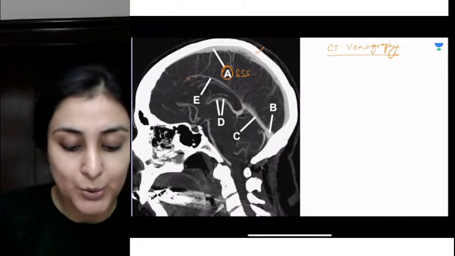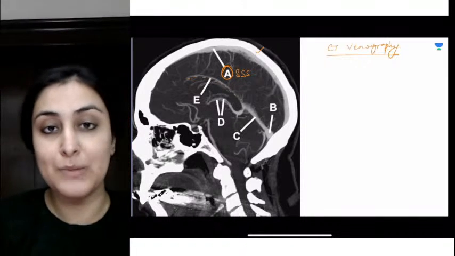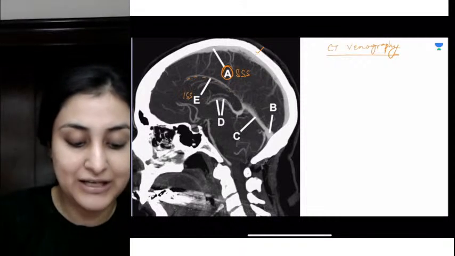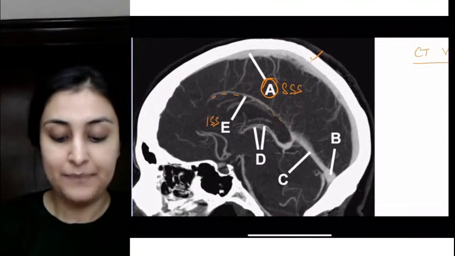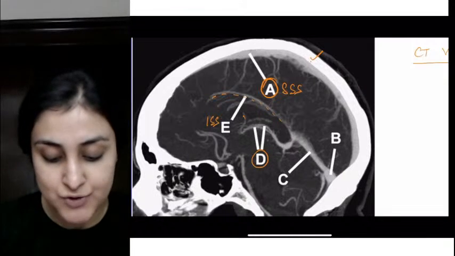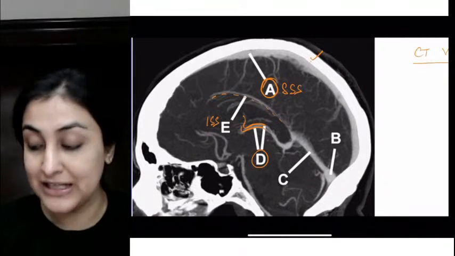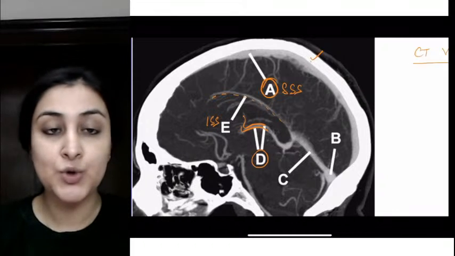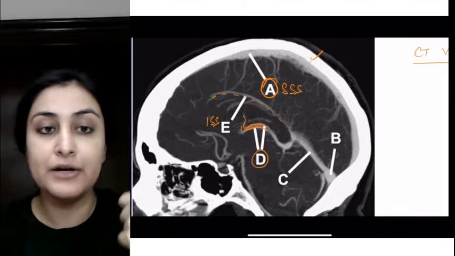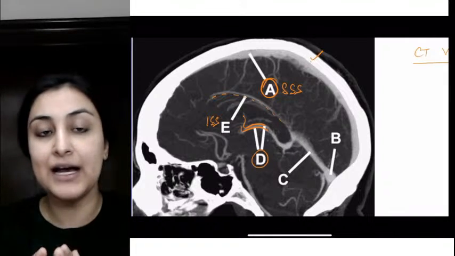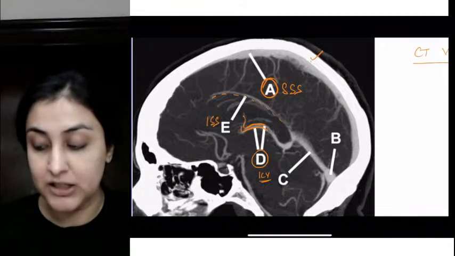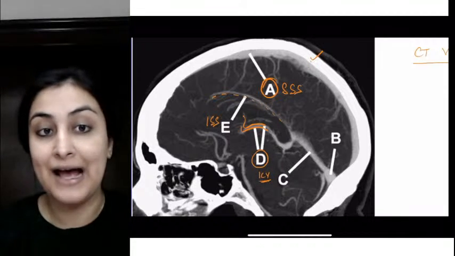Just parallel to it by the image marked, arrow marked E. What is that? Parallel to SSS, below it, so inferior sagittal sinus, isn't it? Now, here I have deep veins. What are these two paired deep veins that I am having here marked D? Are these thalamostriate veins? They are collecting the blood from thalamus and basal ganglia and forming internal cerebral veins, right? So these are internal cerebral veins that you are having.